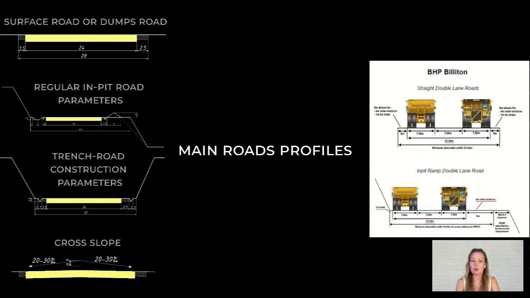If it's a standard road on a ledge, you'll have a drainage ditch on the side of the overlying ledge and a barrier on the side of the underlying ledge. This slide shows possible parameters for roads used by heavy equipment with a capacity of around 220 tons and a width of about 8 meters. It also illustrates various road profiles based on best practices used by BHP for vehicles with 220-ton capacity.